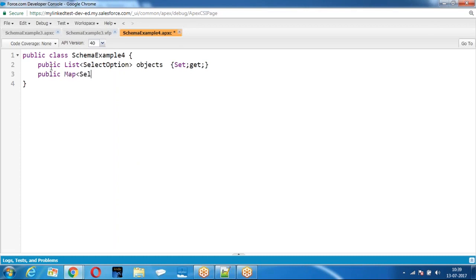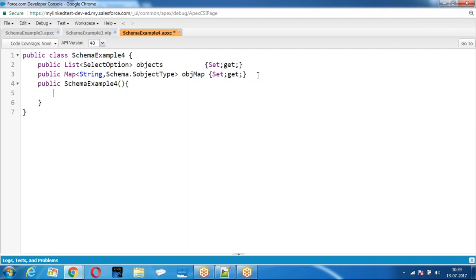How do you get all the objects? First, create the option objects equal to new List of SelectOption. Then get all the objects.